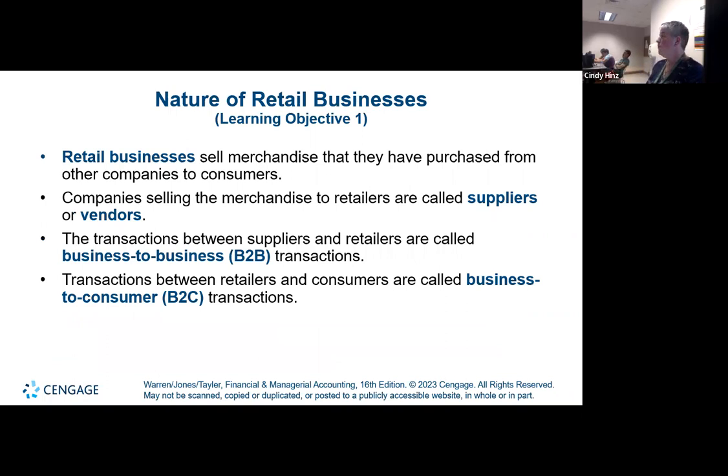So our first goal is to understand the difference between what we are accounting for and the other types of business organization. We talked about in Chapter 1 the three main types of business organization. Manufacturers make the product they sell. Merchandising companies buy it from someone else. It might be the manufacturer, it might be another middleman, and they sell to their customer without really changing the